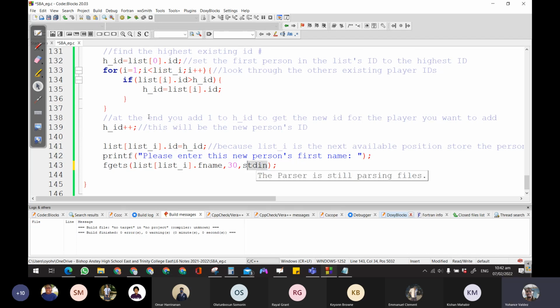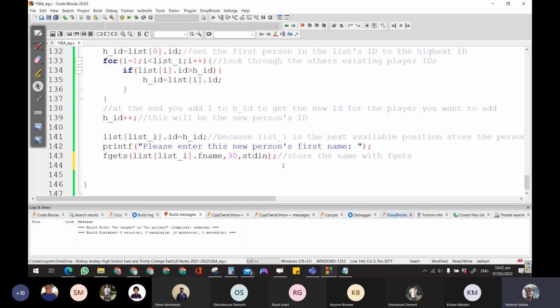This is the standard input stream, otherwise known as from the keyboard of the computer. So store the name with fgets. And if you're storing the name with fgets, you have to do your whole list at list_i dot f_name